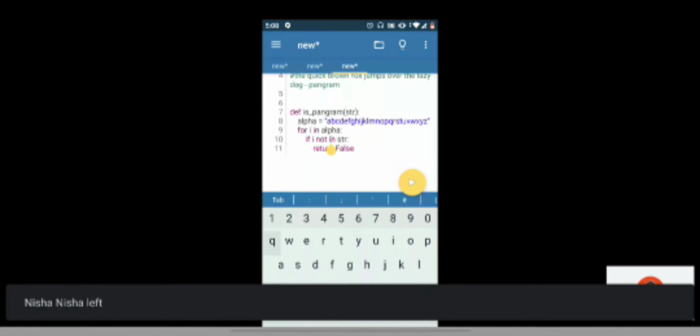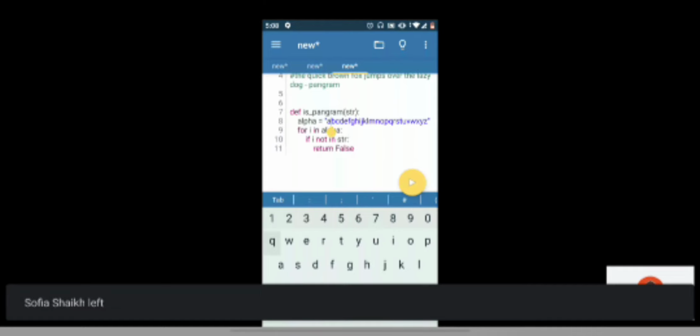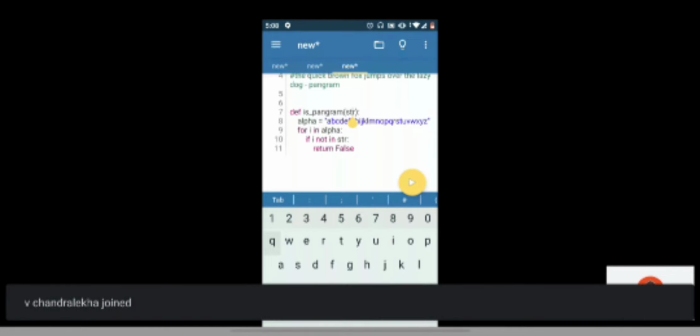So I'm iterating for all the characters in the alpha string, and if at any point any character is not present in the str string, if this character I is not present in str, which means one of these characters A, B, C, D, like of the English alphabet is not present in the given string, in that case directly return false, because every character should be present in str, right?